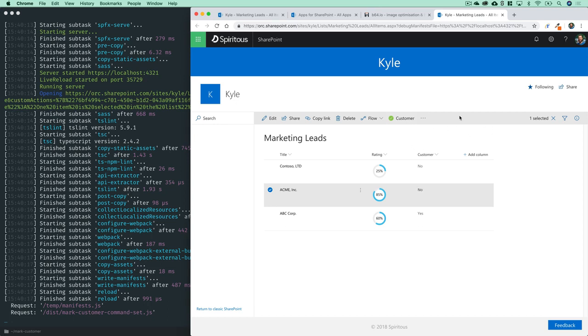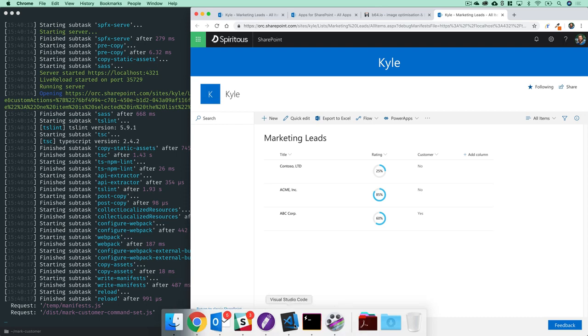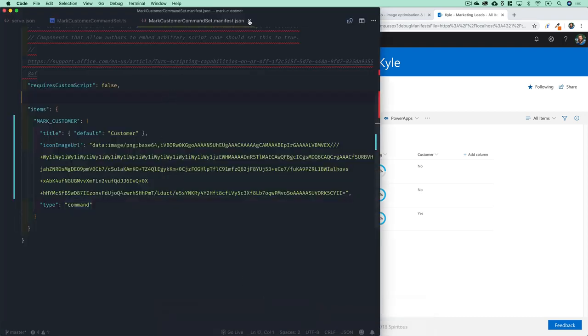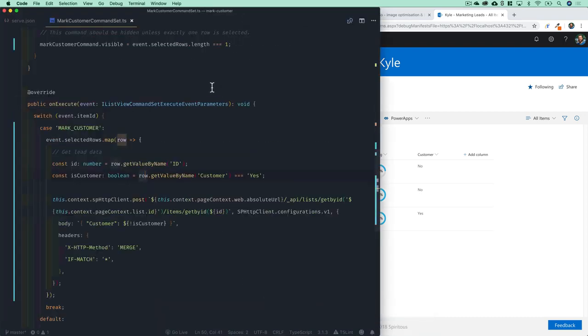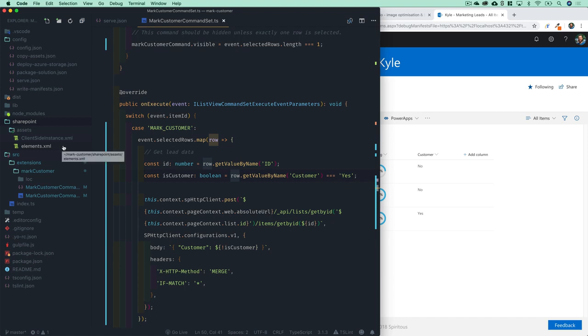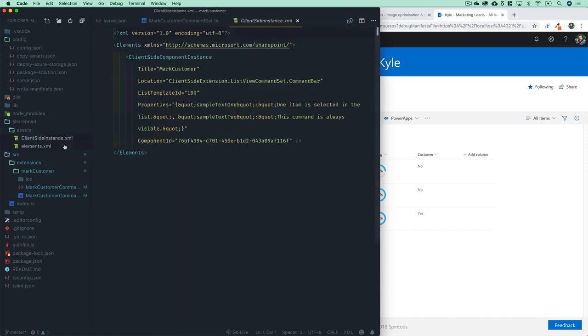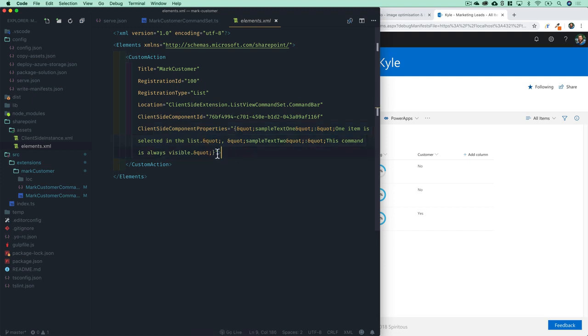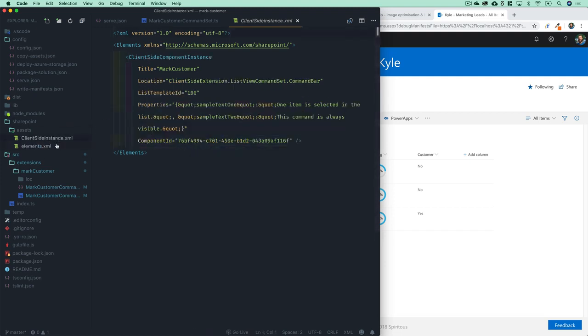Okay, and finally with deployment on your extensions where you're creating these commands, you will notice in the sidebar over here, just like other extensions, you have this assets folder that has your XML files in it. So depending on whether you're tenant deploying this or just deploying this on a site-by-site basis as an app, you can choose to customize the properties if you're going to have those on your extension and all that good stuff inside of these XML files, which are also referenced in your package